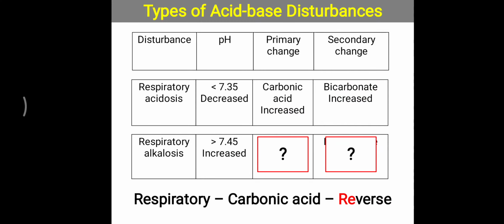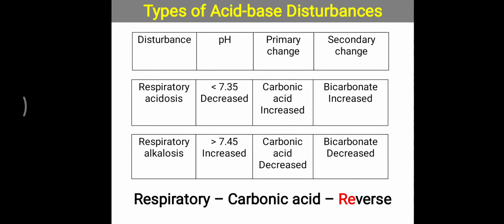Further, in respiratory alkalosis, simply, pH is increasing to more than 7.45, but here carbonic acid will be decreased; it will go in a reverse direction. So the primary change in respiratory is related with the carbonic acid, and the secondary change, bicarbonate, will go in the same direction as the primary change, meaning bicarbonate will also decrease as carbonic acid decreases. So if these two are decreasing or these two are increasing, but pH is opposite to that, then it means respiratory condition. That is a simple trick you can understand, and forever you can remember which kind of acid base disorder it is.